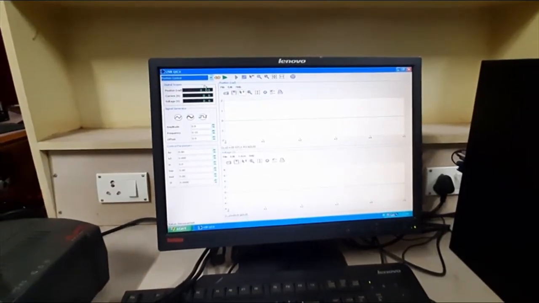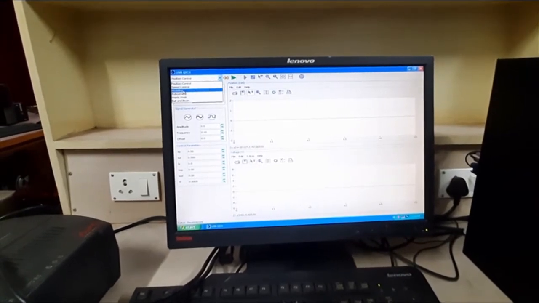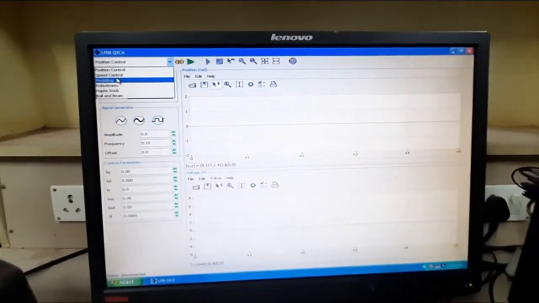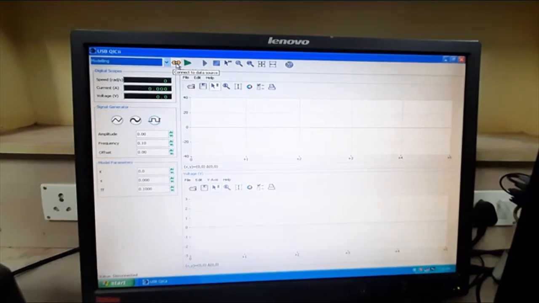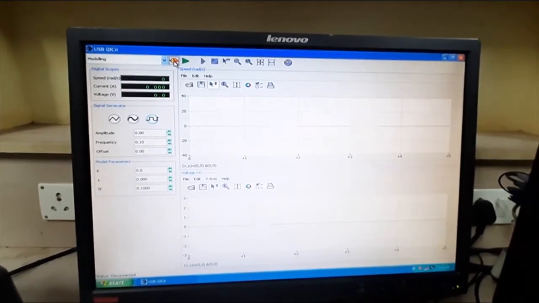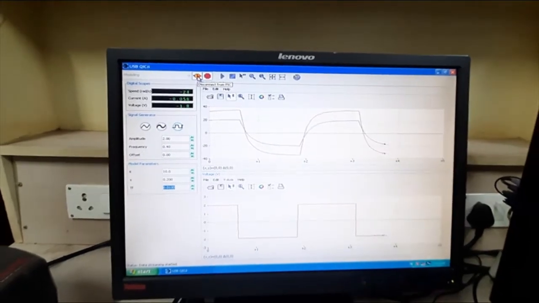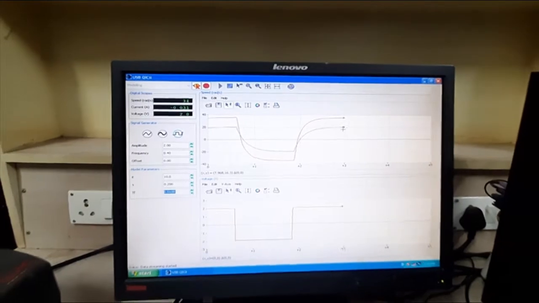We have opened it. First we will do our modeling, so we have to select modeling from the drop down, and here is its connect switch, connect to data source. Here we can see a few graphs coming.